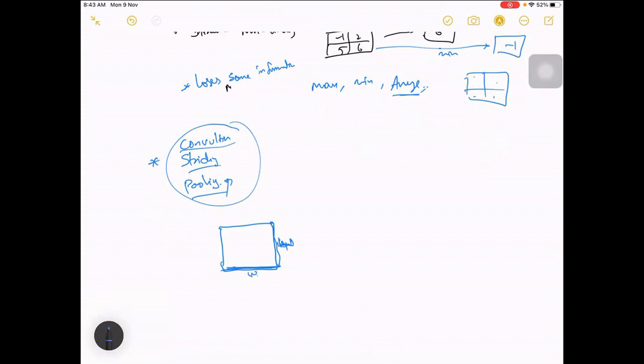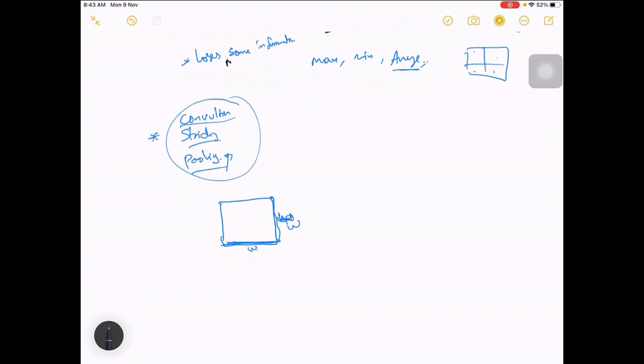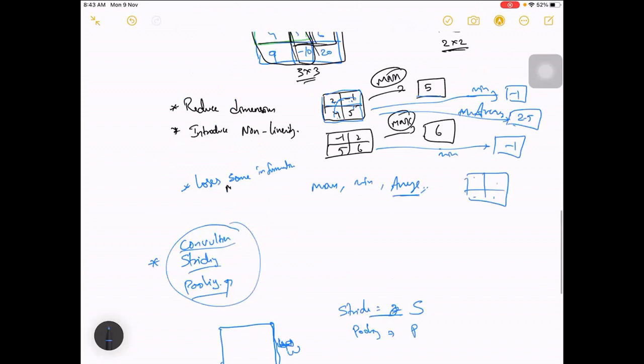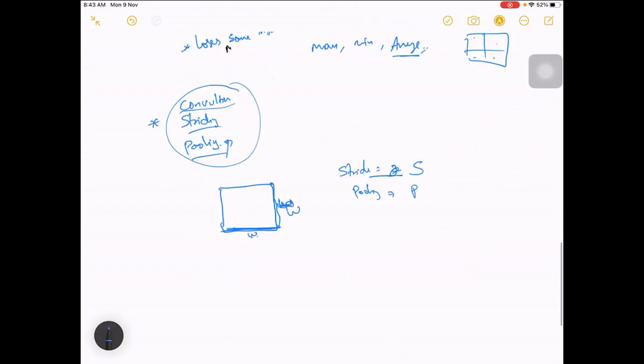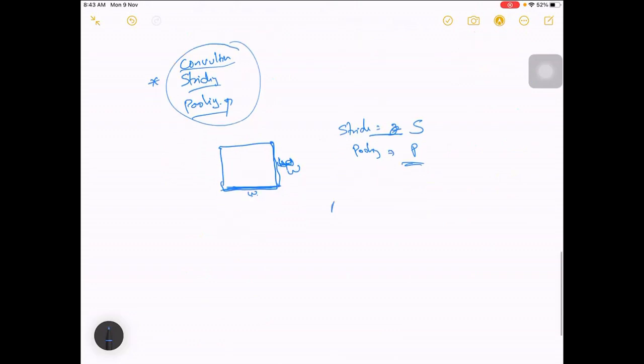Let's keep it as a square image, like 7 by 7 or 100 by 100 or anything. And the stride, let's say 2 or something. Let's take the stride as S. And the pooling filter size, how much size you want for pooling, is again a number, so let's say P. The number of filters is one more critical thing.